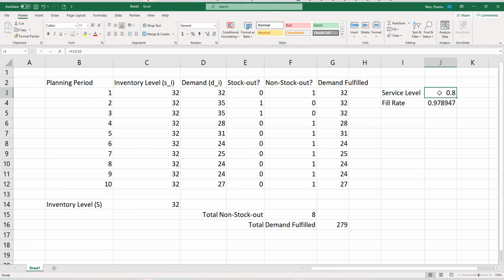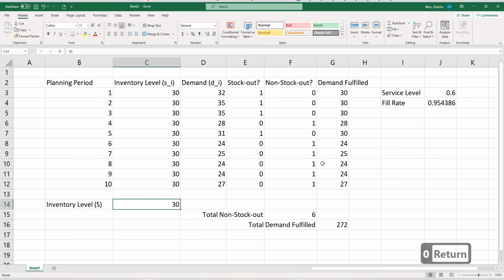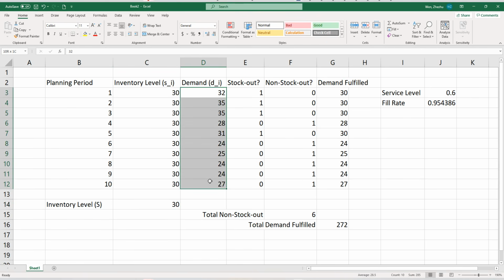In general, both measures go together, but they're not always the same, because they're measuring the same phenomenon from different perspectives. One is telling you the frequency of non-stock out, the probability of you encountering an in-stock situation, not an out-of-stock situation. We want that number as high as possible. And fill rate is the proportion of demand that is actually satisfied. Hope this makes sense, and you can change these numbers into something else and see how those things are changing. So the key idea here is,